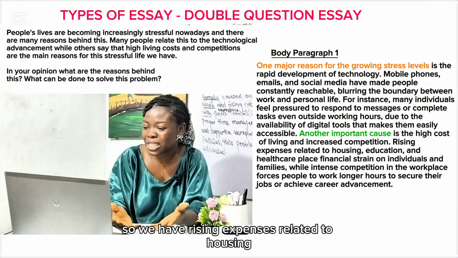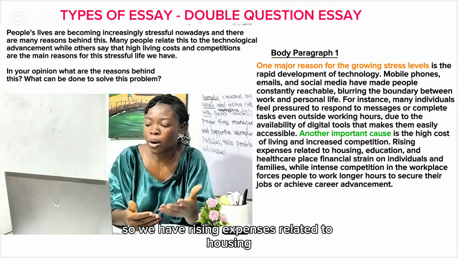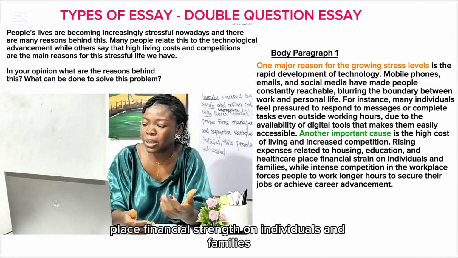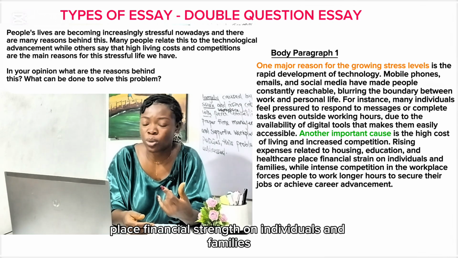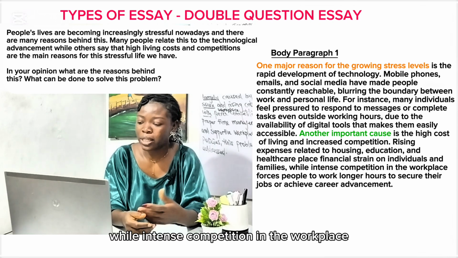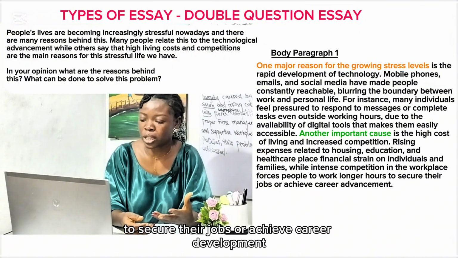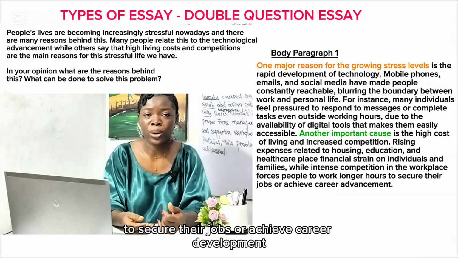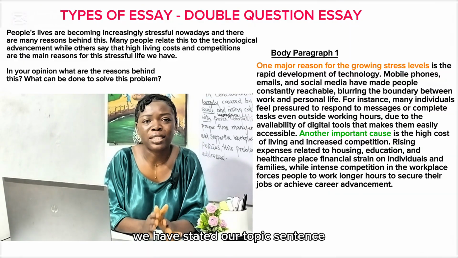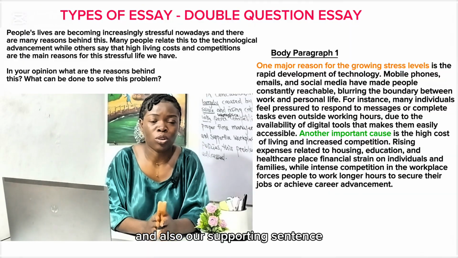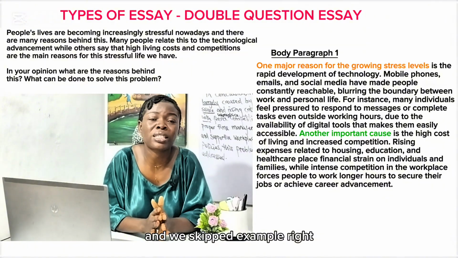So we have rising expenses related to housing, education, and healthcare place financial strain on individuals and families, while intense competition in the workplace forces people to work longer hours to secure their jobs or achieve career development. So you can see that there we have stated our topic sentence and also our supporting sentence, and we skipped